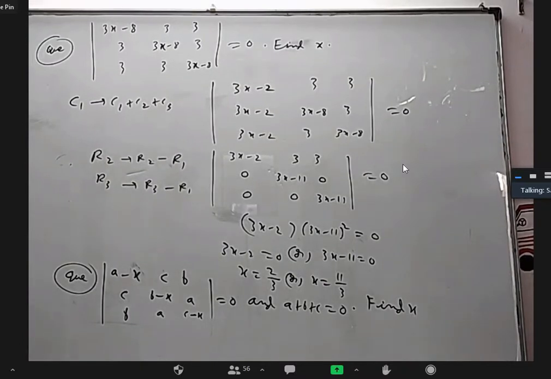Bhavani, are you able to manage with the letters? Yes, sir. Okay. Sir, x equal to 0 is correct. That is one option. x itself is a factor. Yeah, x itself is a factor.